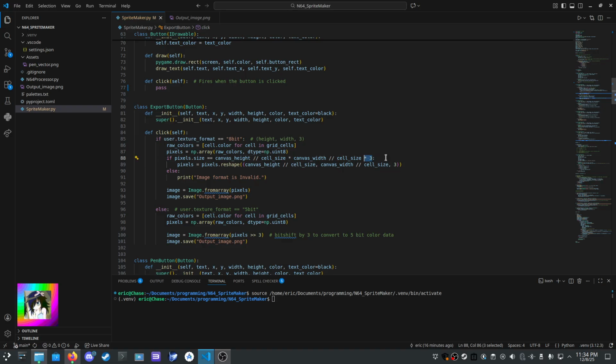We'll get more into it when I create the grid and what the grid looks like later. Now this times 3 signifies that it's a 3-dimensional array, RGB: red, green, blue, 3 different channels for color. And we're saying if it is, awesome, it's in the correct format, we're going to reshape it into this format.